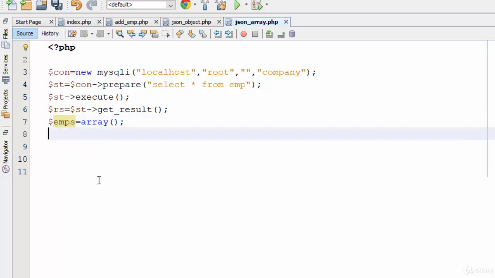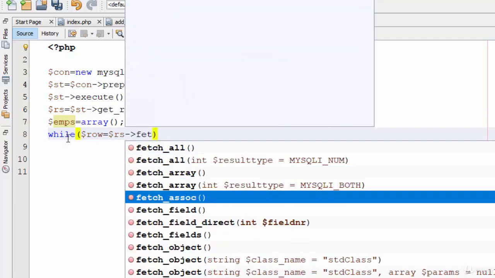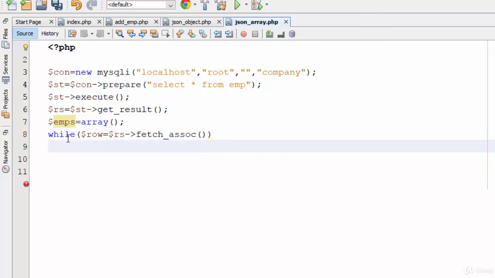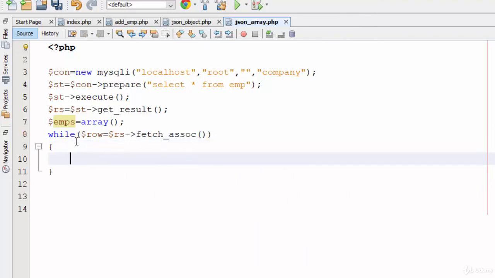Now, how can we return the data from the rs to this array? It's very simple. Just write while row equals rs fetch associative, which means return the data to the row, then